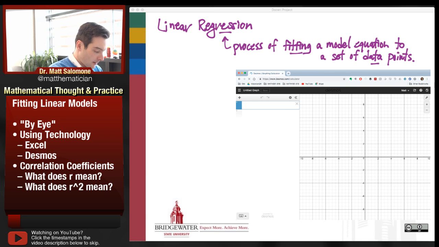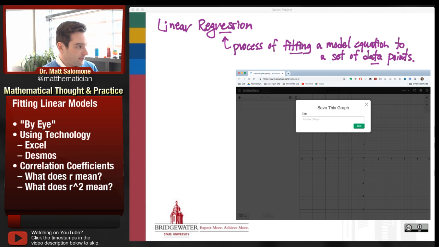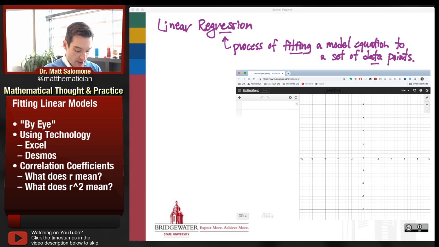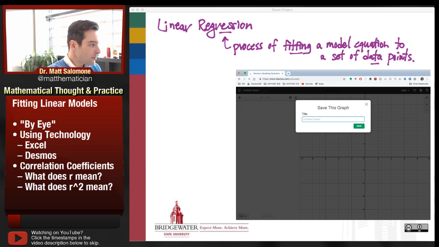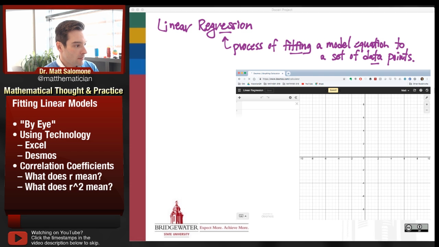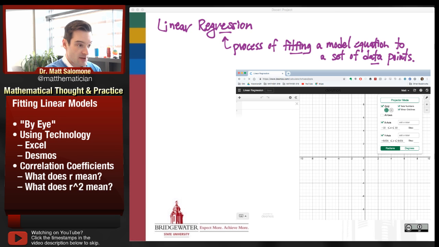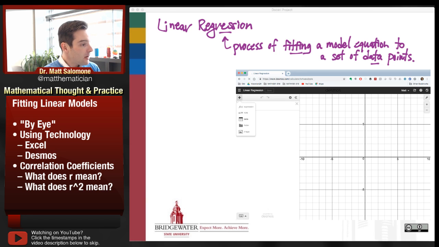Okay, so here's the basic idea behind how linear regression works. In a linear regression, the first thing that happens is we get a set of data. So you give me a set of data points, or maybe I go out and I measure a set of data points. So let's put into my Desmos graph here a table of some data points. So maybe I have a data point at,